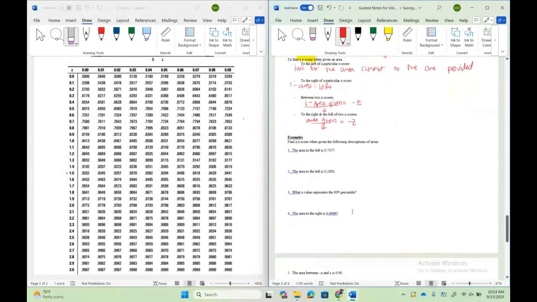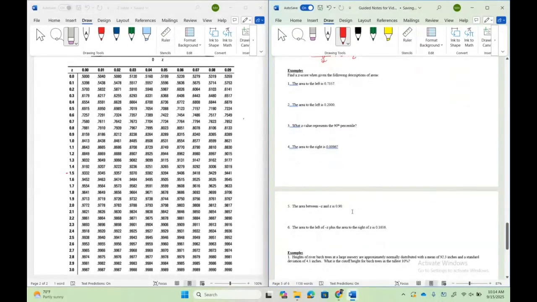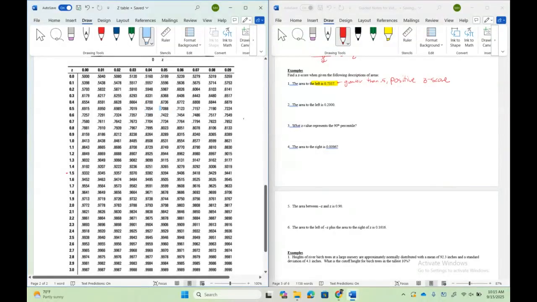Okay. All right, so let's do some examples. Find a z-score with the following description. Okay, so I'm given the area to the left is 0.7357. Okay, if this area given to me is greater than 0.5, I know I have a positive z-score. All right, so I'm going to go to my table where I'm at the positive z-score, and I'm looking for